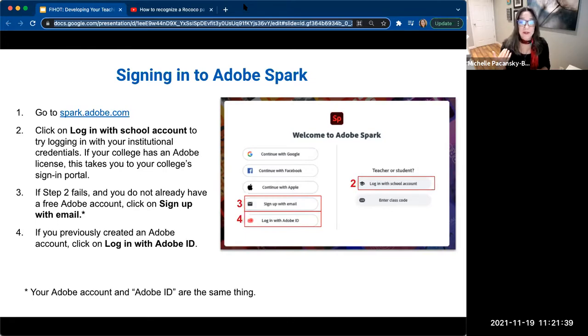What you'll want to do is create your free Adobe account. What I do is click on sign up with email, which is number 3 on the left. You could choose one of the other options up above. You'll just be sharing more of your stuff, which is why I like to do email. And once you have done that and created that free account, that means you've got an Adobe ID. So in the future, when you come back, you'll log in with number 4. Okay. So I think logging in is probably the trickiest part, to be honest, but once you've done it, it makes sense.